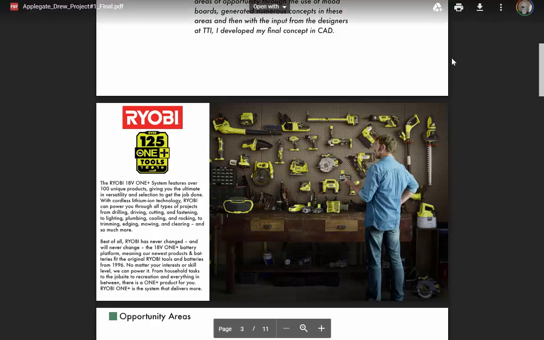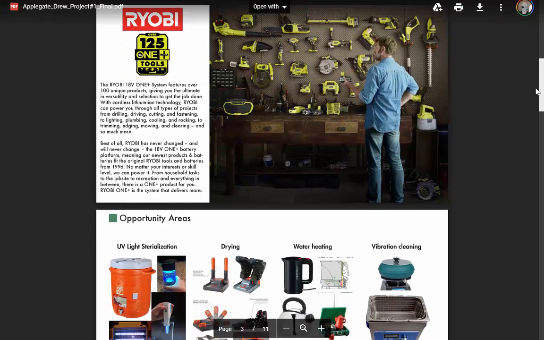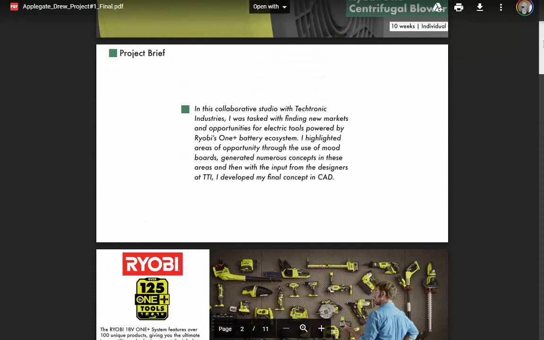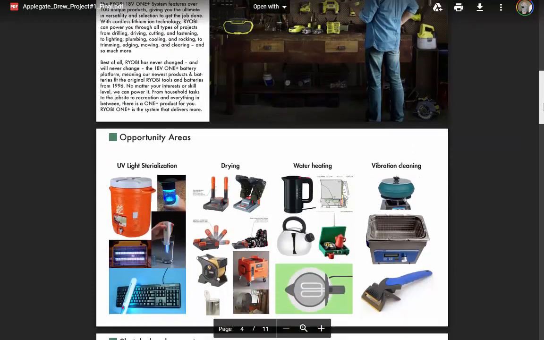So what are you tasked with? Well, extending that into lifestyle brands in the garage. What about this little square too? I don't think it's benefiting you. You can use it here, but you can't use it on both. So project brief, maybe project brief is written in green. You can use it over here. Later on, opportunity areas can be in green.